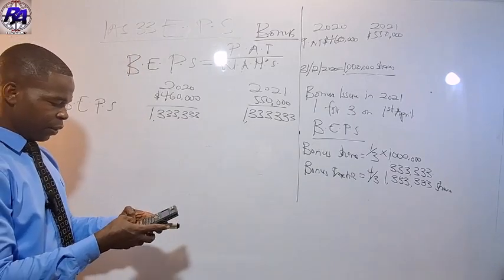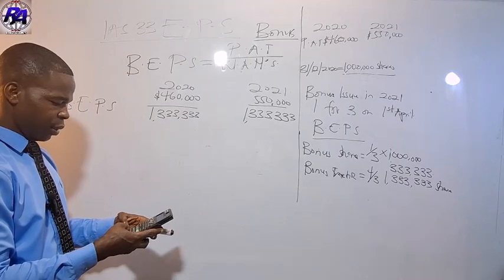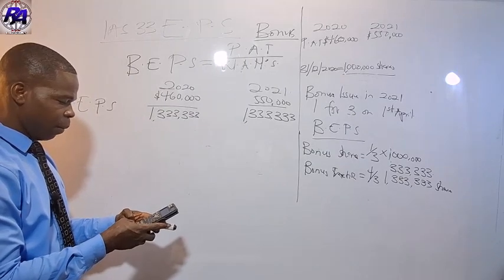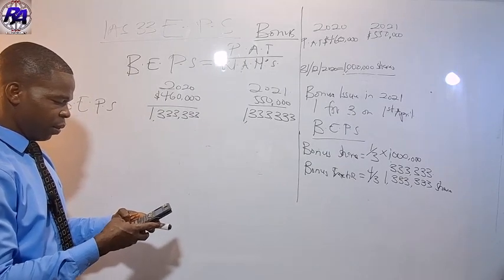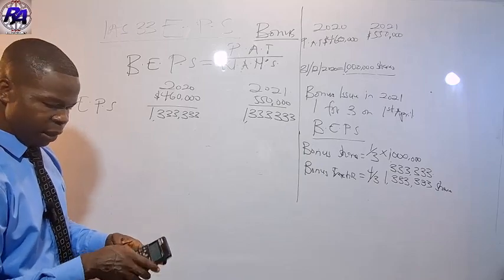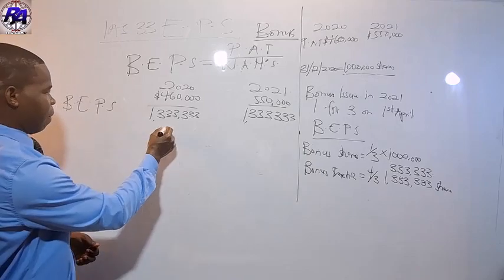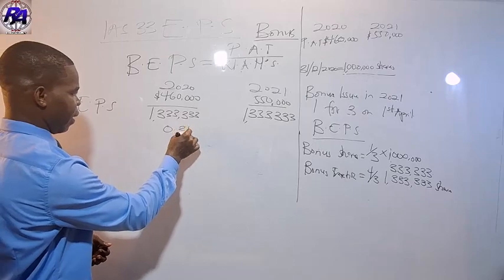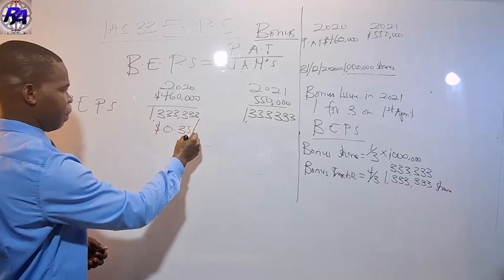So it's going to be 460,000 all divided by 1,333,333, and that is giving us $0.35 per share for